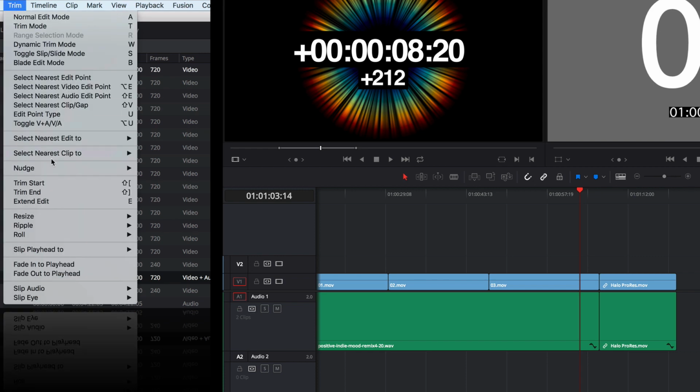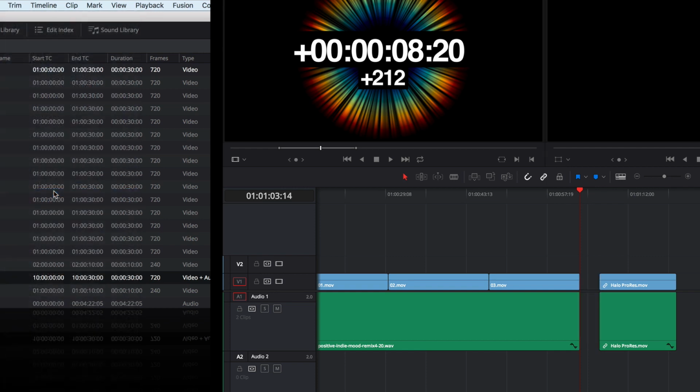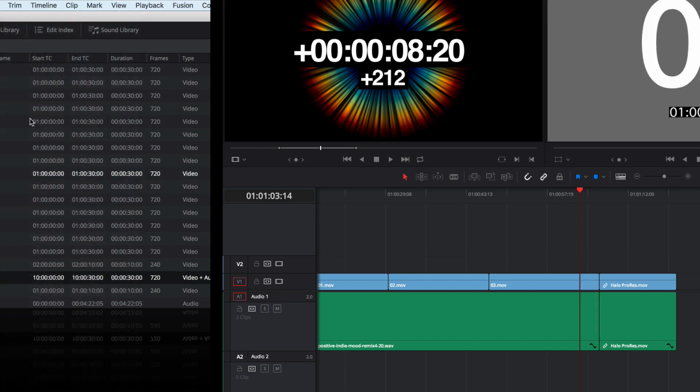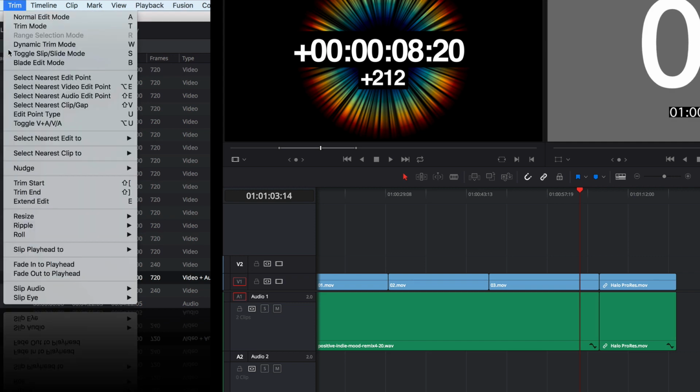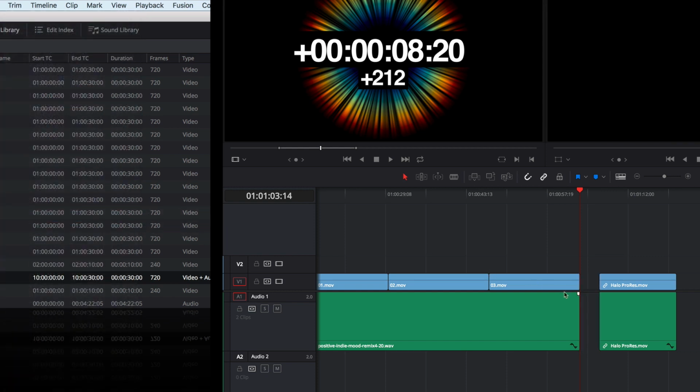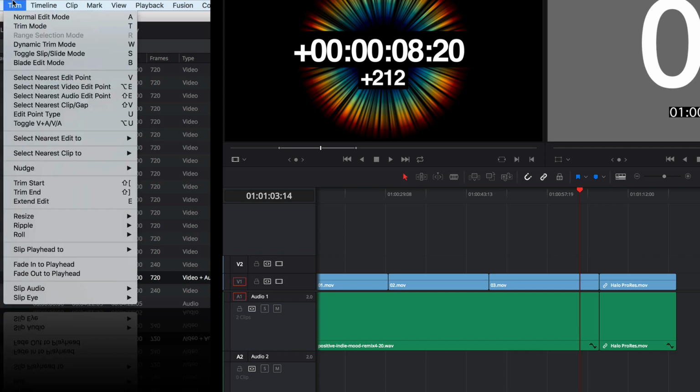Do that again. Trim to end. That's shift bracket. There's a shortcut for that. That trimmed it, left the gap behind. Now that is the same as going to trim, resize, end to playhead. When I do that, I get that same type of result, which is leaving the gap behind. Now, if I go back under here and I say trim, ripple, end to playhead,